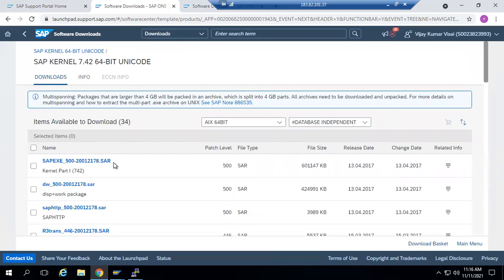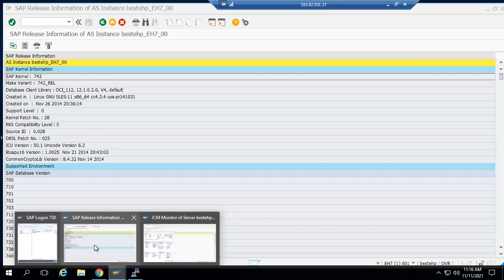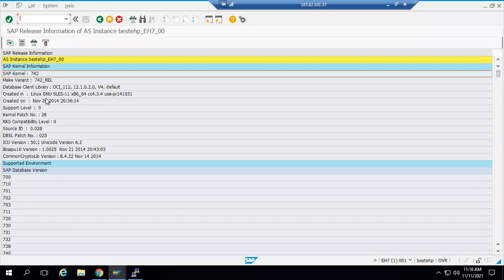Today I will show you how to apply a patch. See, this is the version and this is the patch. I am trying to enhance the patch level above 28.